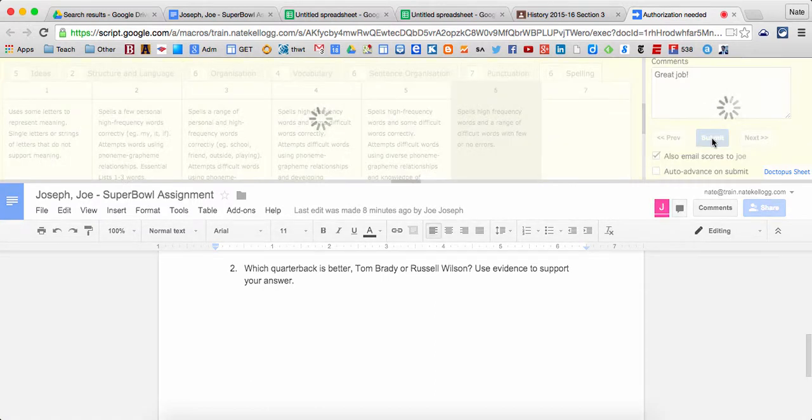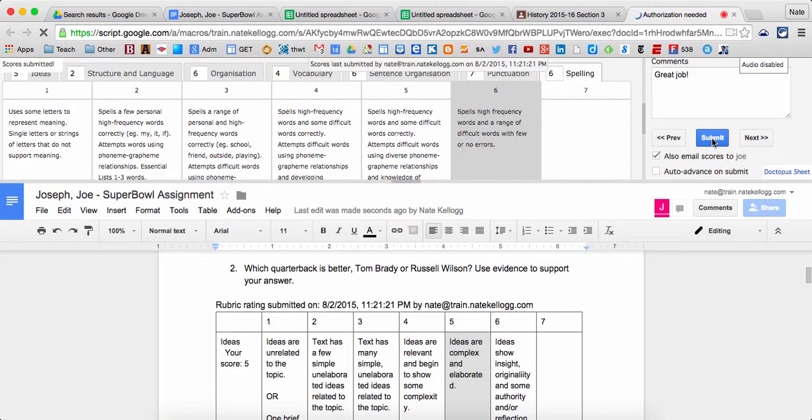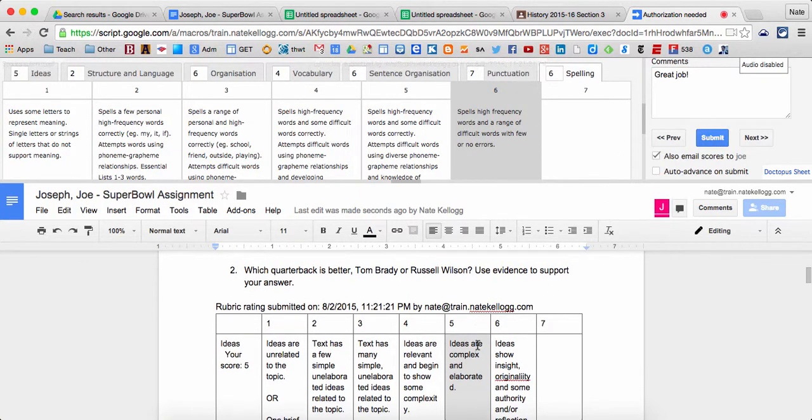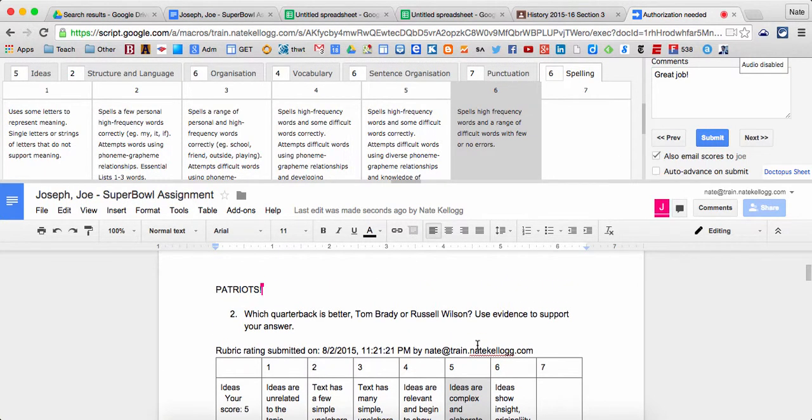Goobric is not only pasting this in the bottom, but it's also, as a reminder, calculating these scores to put them back in my Doctopus spreadsheet for me, which for those of you that are looking to put these grades in a gradebook, this will be a much faster, more efficient way of getting them into your gradebook as well. So notice this document, I didn't open up the next one because I don't have a next one, but